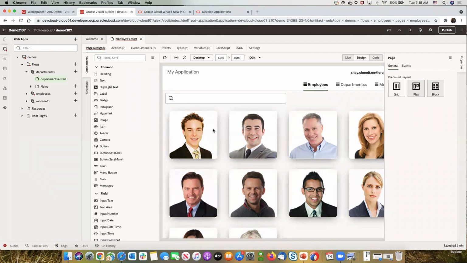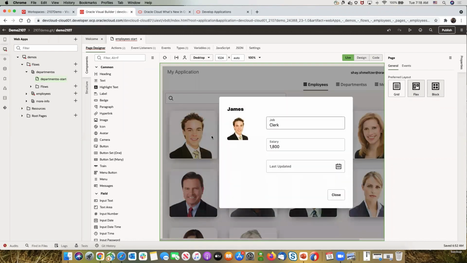This application is basically just the normal HR application. We see a list of employees. We can go into live mode and we can click on an employee and get information about this specific person. Now, what we can see here is three specific fields, and this is how we built this